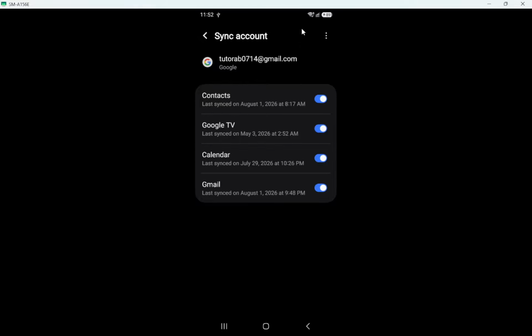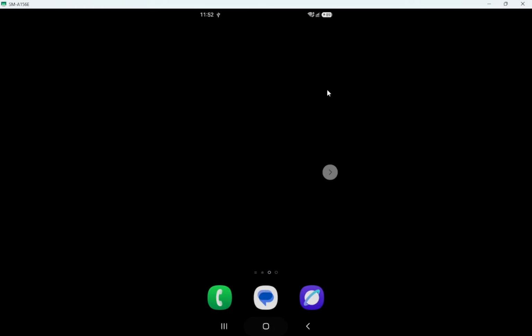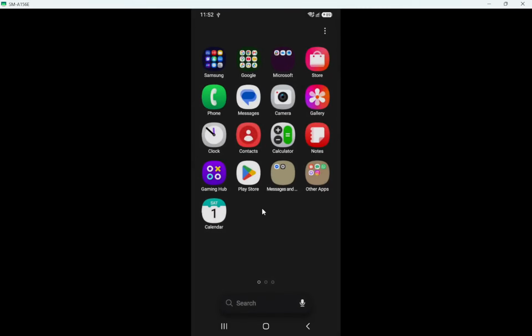With that ready, tap More in the upper right corner, then choose Sync Now. On many Samsung phones, this is shown as 3 vertical dots. When you tap Sync Now, the phone immediately starts updating all the items that are enabled, including Calendar. You might see small spinning icons next to each entry until syncing finishes.